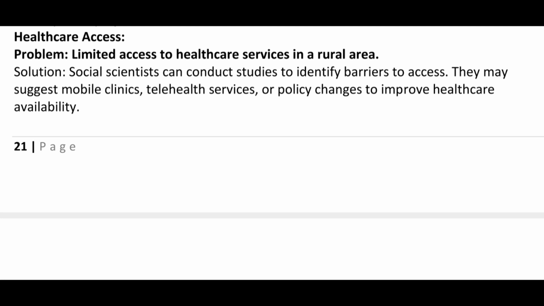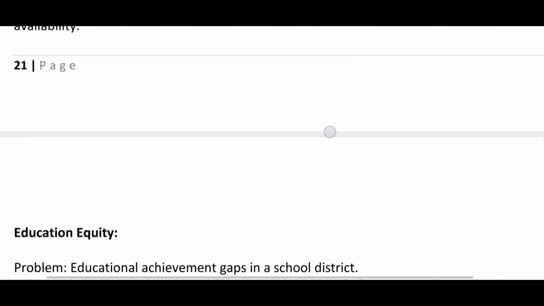They may suggest mobile clinics, so they can, in the rural areas, in the village areas, the social scientist can suggest that we can make use of mobile pharmacies or mobile clinic, telehealth services where the doctors can be consulted through online mode, or policy changes to improve healthcare availability. All right. Now,